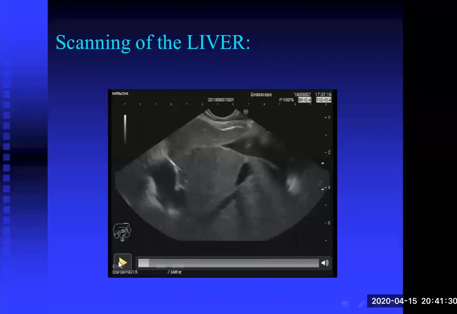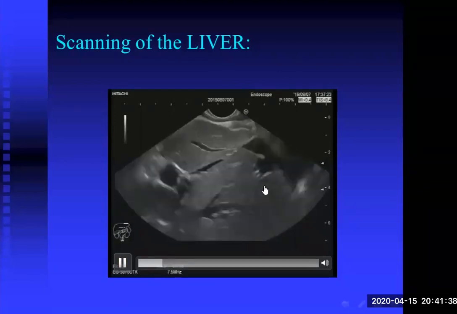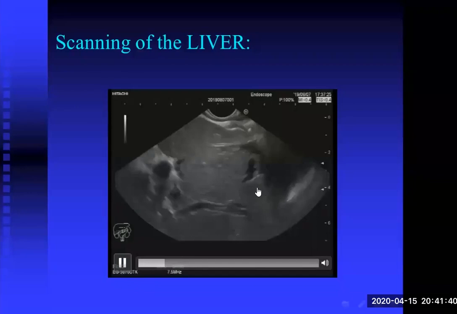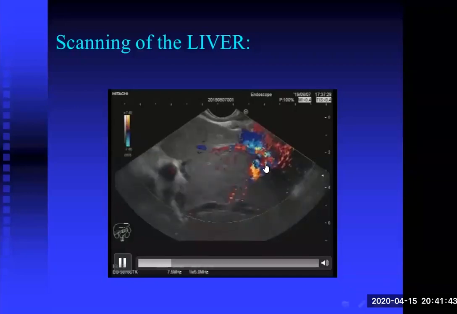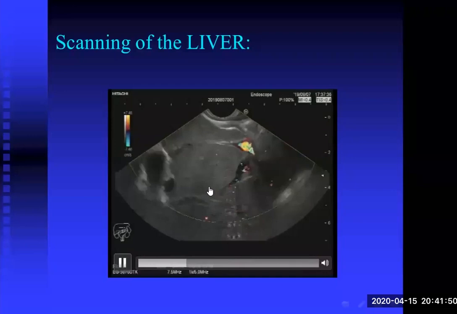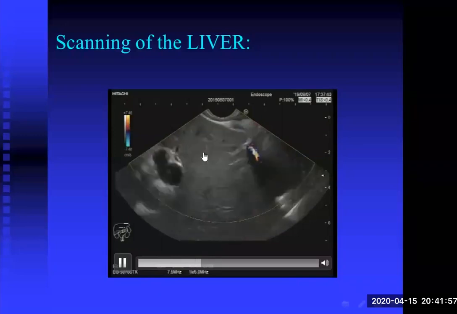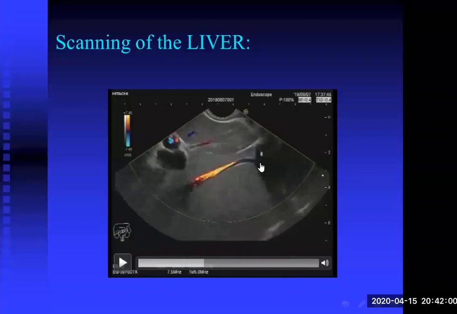Let us continue. Yes, this is the right hepatic vein. After visualizing this segment, I will start to do anti-clockwise rotation. Yes, this is a venous structure, and I will now continue anti-clockwise rotation. Still, this is the right hepatic, and this is the left portal. Yes, very nice. I did anti-clockwise rotation, and here this is a very long vein, the middle hepatic vein,